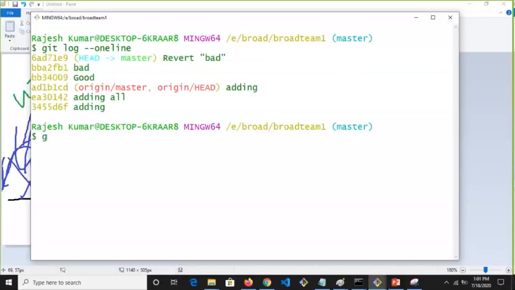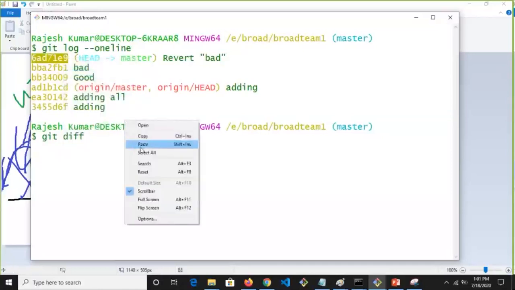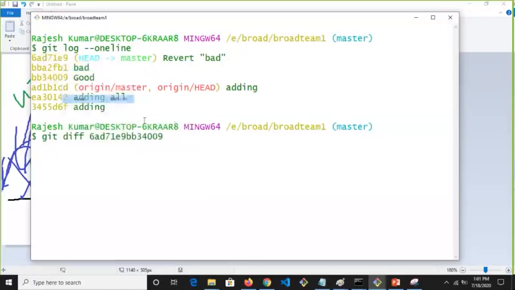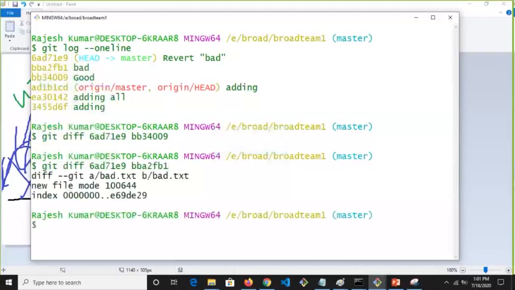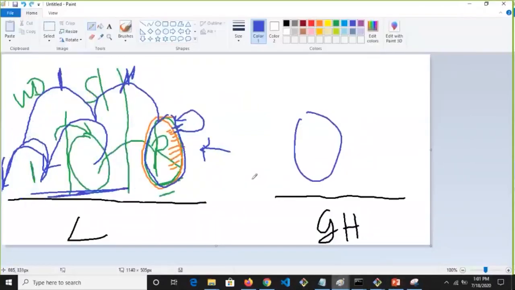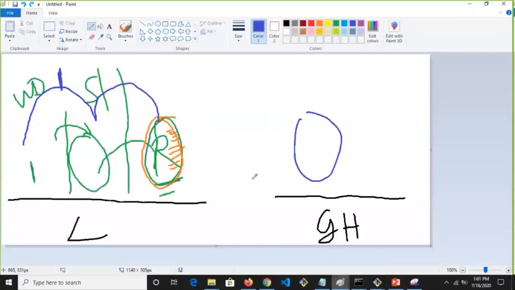So let me validate also. Git diff, copy the difference command, through diff I'm saying between this. See, there are no changes. Can I diff between the six and this one? There will be changes, which is called bad.txt. Okay, so this is the way you can do undoing. Understand, the concept should be very strong. I always stress the concept, because commands are just a matter of minutes to learn in the DevOps world.